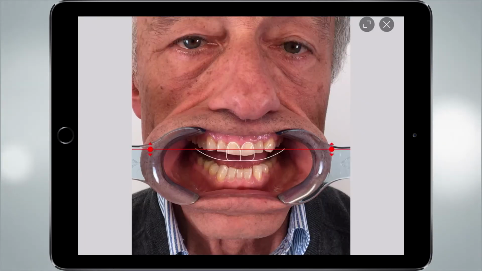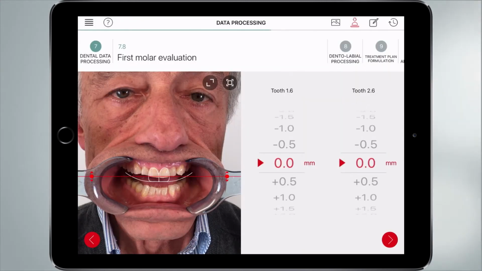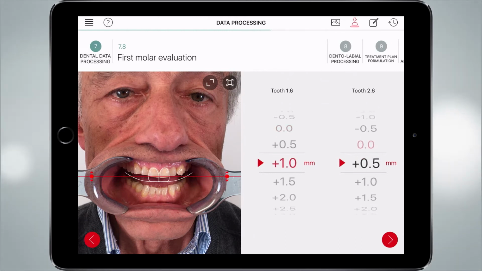Again, we can check it. First molar is here. Okay. And we put, again, 1 millimeter on the first molar and 1.5 on the 26. So we are differentiating the two values a little bit. Now, ready to go ahead from the step 7.8